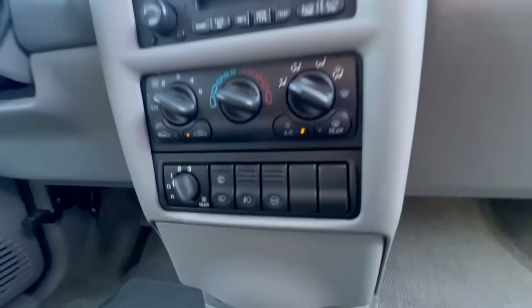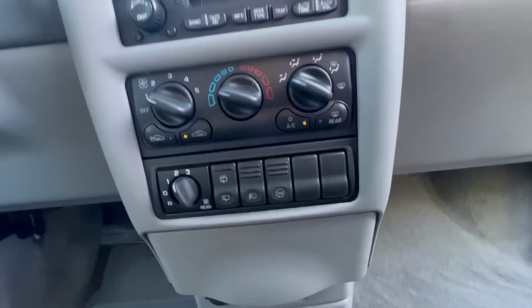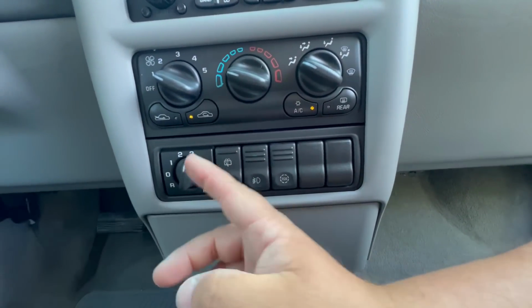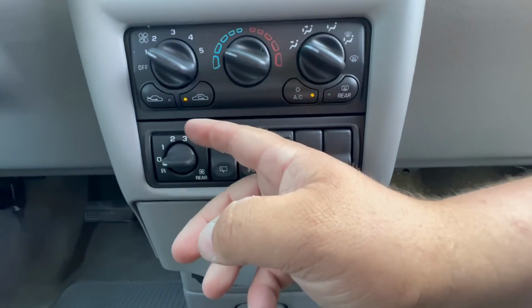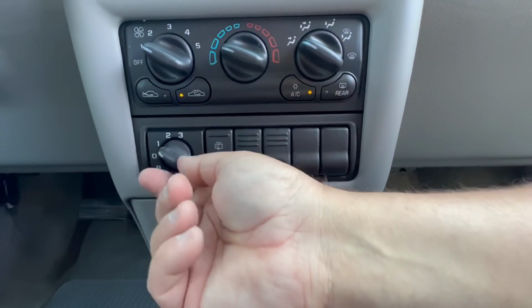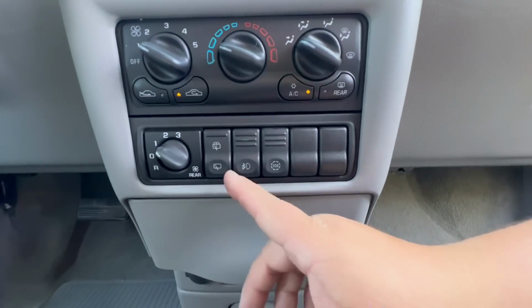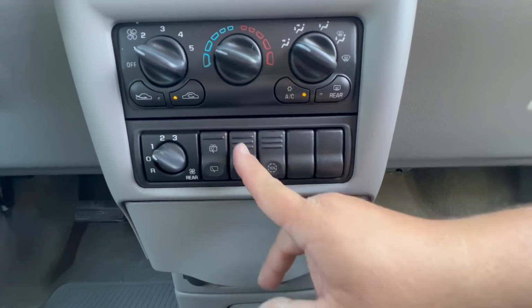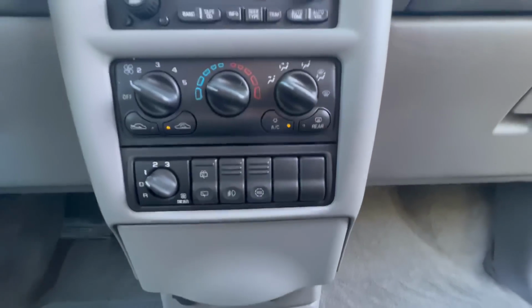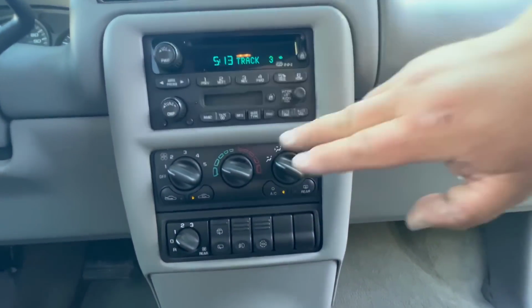I do have a few buttons here. I guess I should probably show you this while I'm behind the wheel, but hey, why not? This is for your rear air conditioning. You can put it off, you can put it on rear so the rear can control it, or you can be the controller of all good things. Up here, rear wiper, fog lights, simple on and off toggle, traction control, obviously your front climate control, your radio with